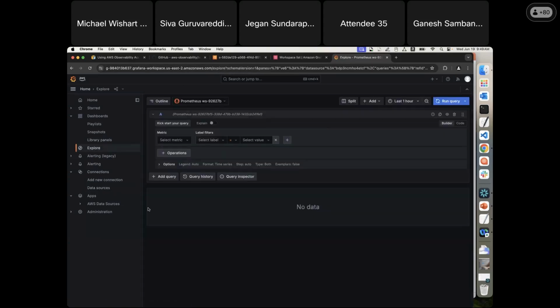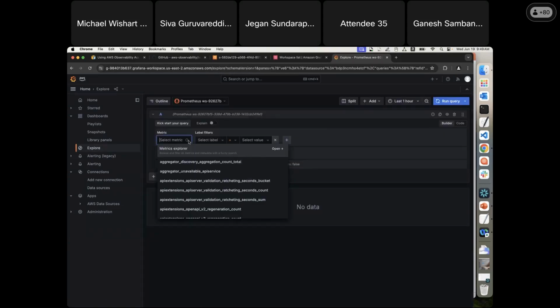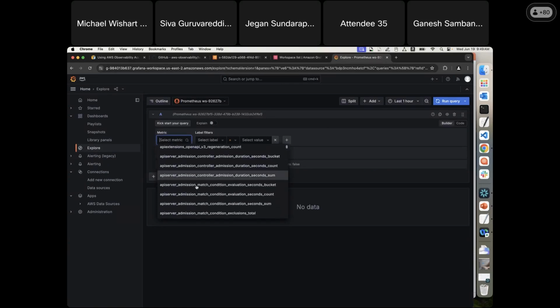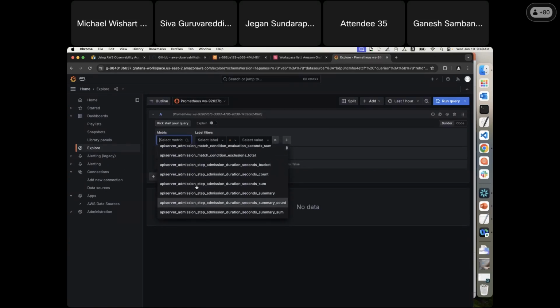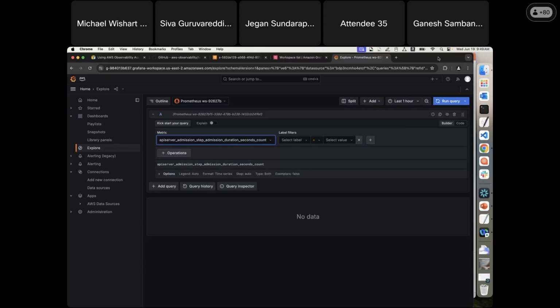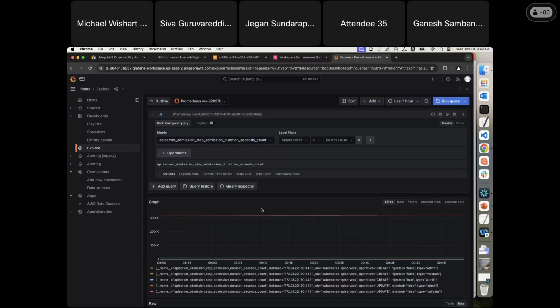Once you add your data source, the AMP data source, you should be able to see all the metrics flowing into Grafana. From here, you can choose all the metrics, all the critical ones, and you do have the ready-made dashboard JSON available in the Grafana community, or even the Terraform observability accelerator.